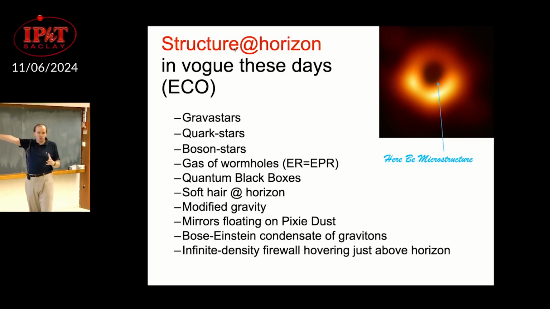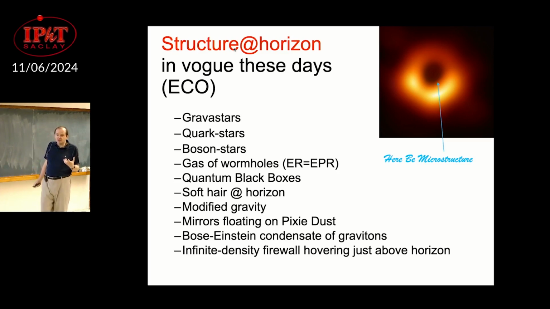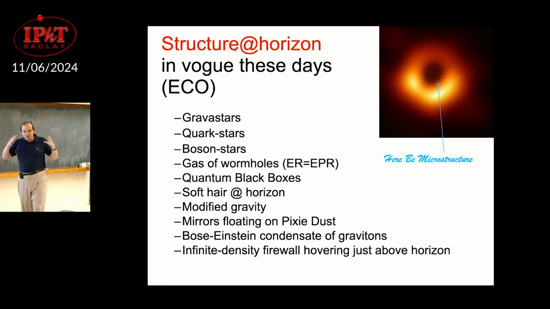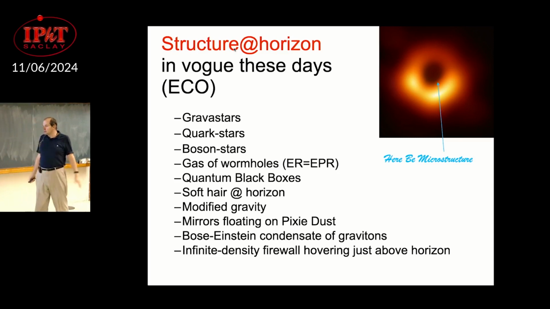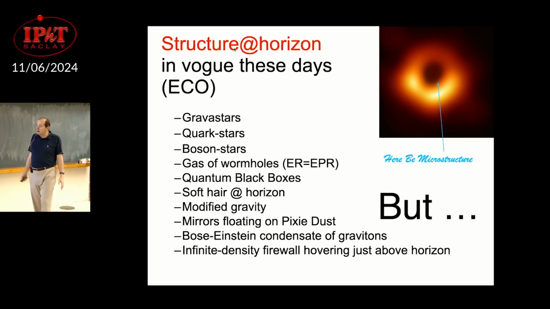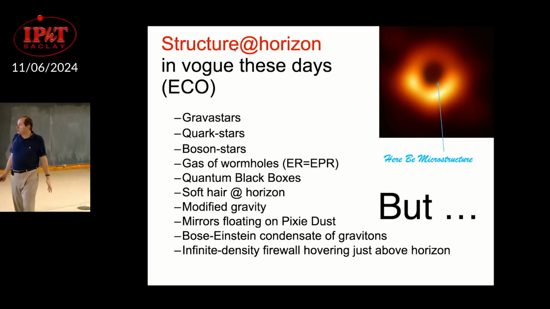The black hole horizon is horrible, gives information loss. One should do something else. So people are doing many proposals. People are working with them. The heart is in the right place, but one has to use a bit the rational part of the brain. And the problem is, all these proposals are very beautiful, but they have some problems. If you want to replace the black hole horizon, you have to do much more work.